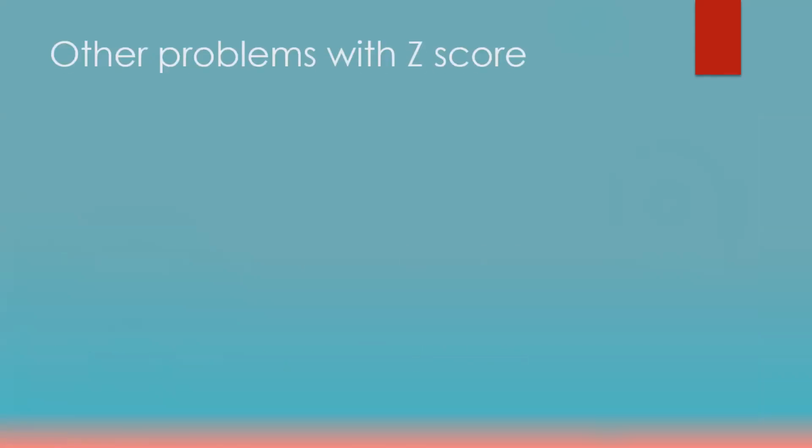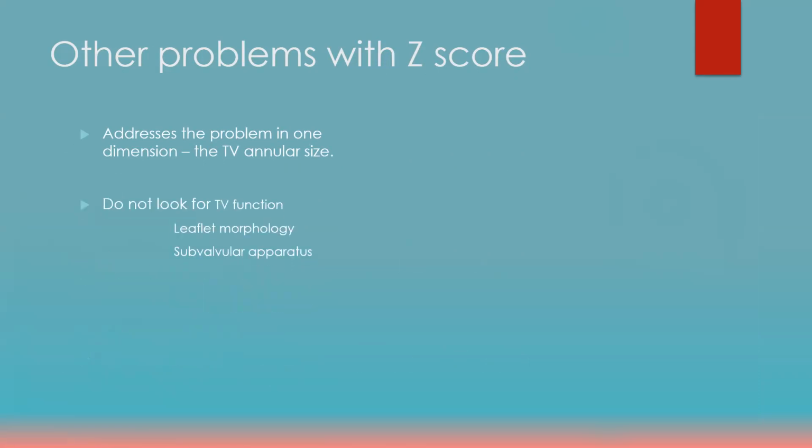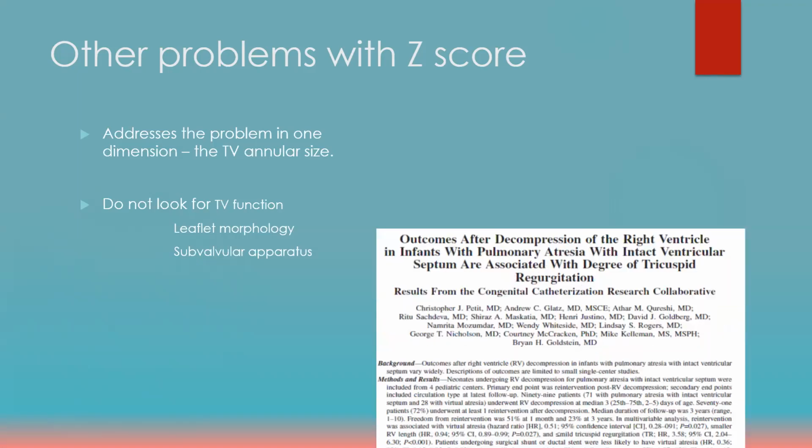Again, another problem with the Z value is that it addresses only one problem, the tricuspid valve, only the annular size, but it never discusses the function of the tricuspid valve, leaflet morphology, or subvalvular apparatus, which may not help. If you have a borderline tricuspid valve that is severely leaking, then there is no point in a long biventricular repair, because to fix the tricuspid valve you have to further undersize it, and if it's already borderline, you cannot